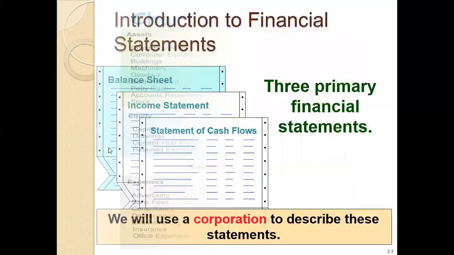Let me check. Yes, yes, guys. Again, that's the introduction to the financial statements. We have three primary financial statements, and the names are the balance sheet, income statement, and statement of cash flow. We will use these for the corporate business that is being described, and maybe next week we will discuss in detail the types of businesses, but it is especially for corporate business. Corporate businesses use these fundamental financial statements on behalf of the accounting. Okay, and